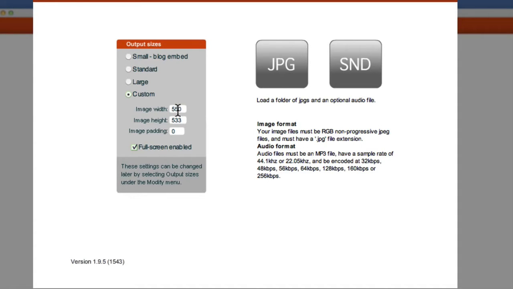If you have a blog like mine, where the width is about 700 pixels wide, you want to make sure it fits that and is not too big or too small. So this is where you change it. You just double click in here and go 700, and then click here, and then there you want to put